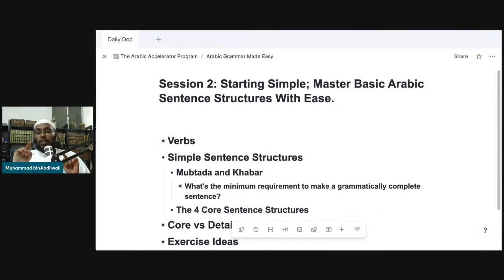And today we're going to tie what we're learning now to what we've learned last lesson. Last lesson we said all words can either be ism, fi'l, harf: a noun, a verb, or a particle. Out of these three categories, a mubtada can only be a noun, which kind of makes sense. Because you can only say something about someone, or something, or an animal, or an idea. Those are things you can talk about. You can't really talk about a particle because a particle is not something that exists in the real world. You can't really talk about a verb because we said a verb can't exist without a doer.